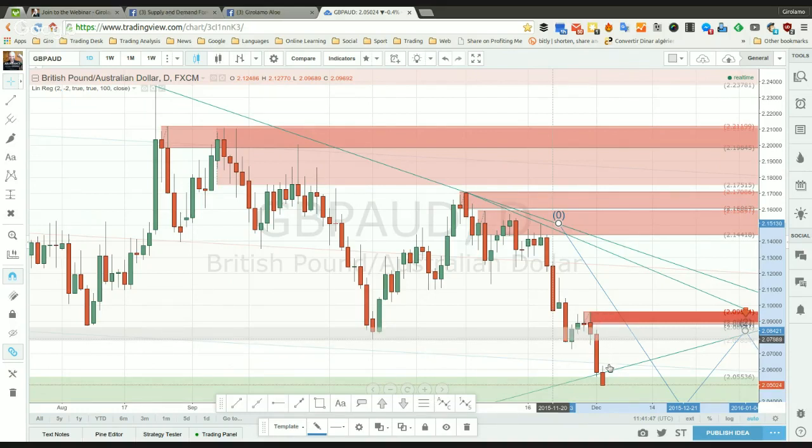The momentum is going down for one, two, and three days now, and potentially it will go down more until it tests the demand level that is visible just here. The green area is a demand level in the